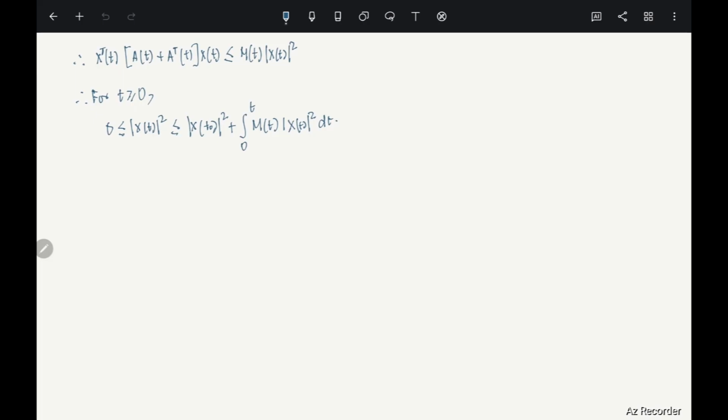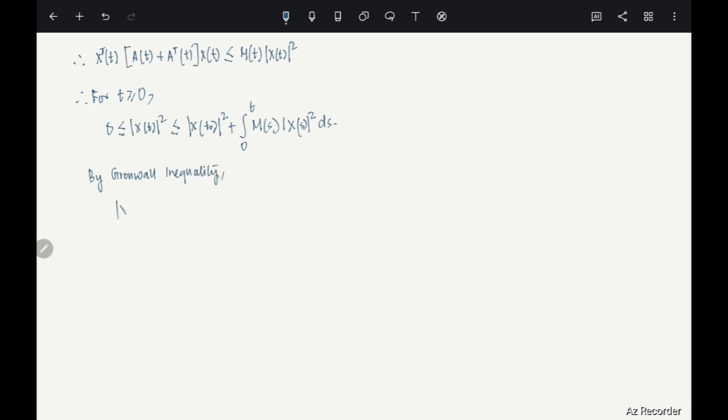Now you see this is in the Gronwall form. One second, let me change the variable a little bit. I should write it as ds. This is okay because the integral is from 0 to t. So I have to change the variable a little bit. I'm sorry about this. So m(s). I hope this is fine here. Now by Gronwall inequality,